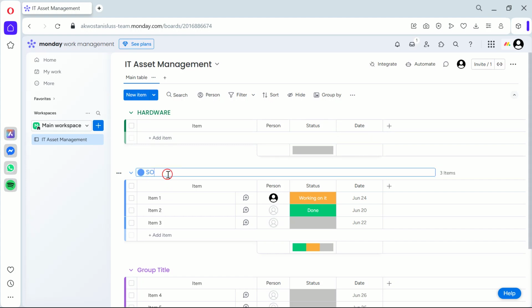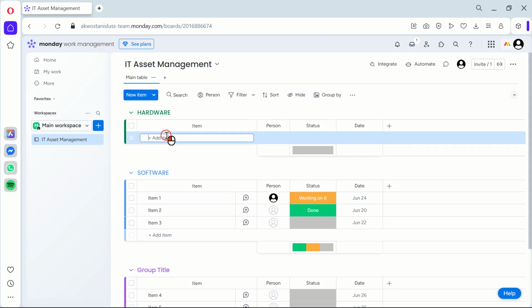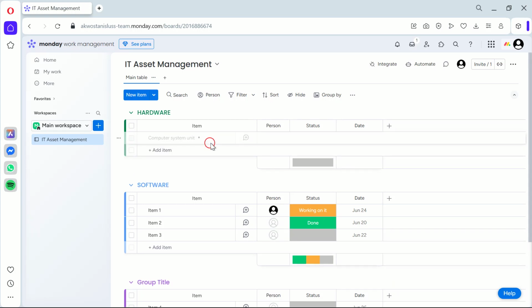Next up, we're adding items to each group. These items are your actual IT assets. Click on Add Item under the relevant group and enter the details of the asset. Repeat this process for all your assets. Let me explain why this matters. This step is crucial as it's about inputting each asset into the system, which gives you a complete overview of